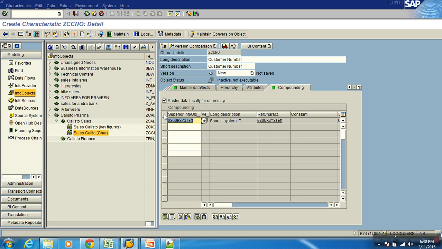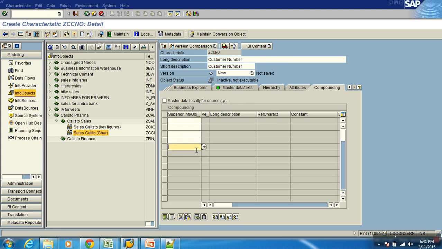From now on in the reporting, wherever you use this customer, it will show values like C1 ECC, C1 Oracle. It means the compounding values will be concatenated. Say customer number is C1 and your source system is ECC. In the reporting, you would see it as the concatenated value C1 ECC. It can also be separated with a hyphen, say C1 / ECC and C1 / Oracle. You can set it like that. That is where we generally use compounding attributes. But we'll see that later.